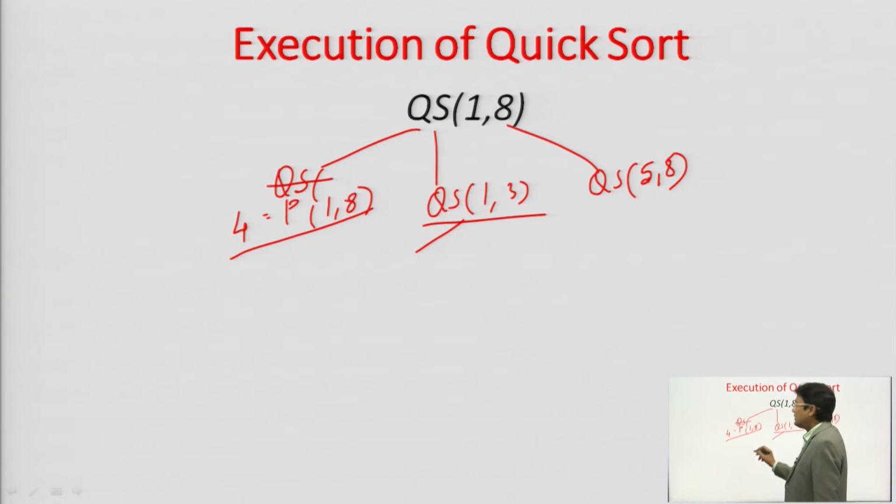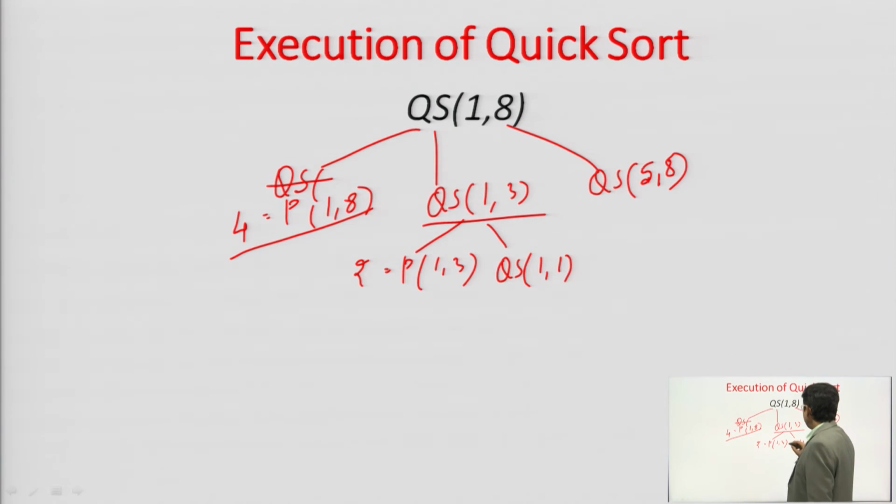Now, in this algorithm we will again do the partition. Doing the partition from 1 to 3, let us say this returns index 2. Now, since we get this 2, we will perform the quick sort 1 to 1, because low to j minus 1, and another one would be quick sort j plus 1 to high. So, this is the quick sort that will be performed here. Partition 1 3 is the iterative algorithm, quick sort 1 1 is the recursive algorithm. Now, this is the turn for this.